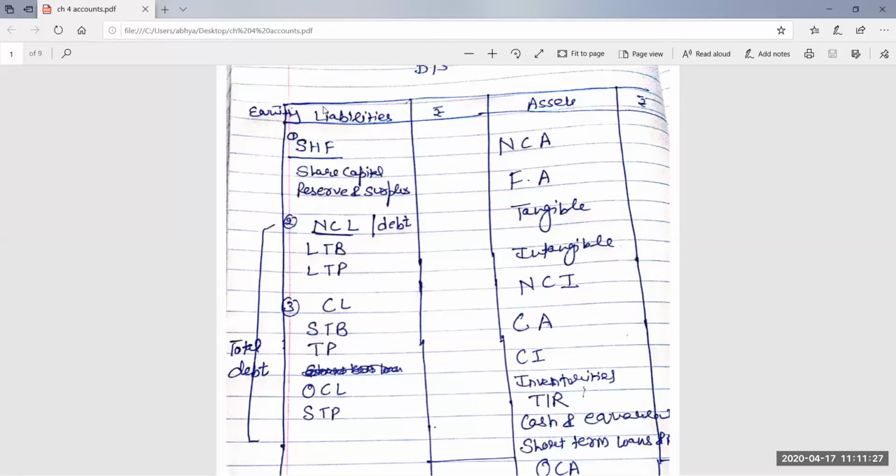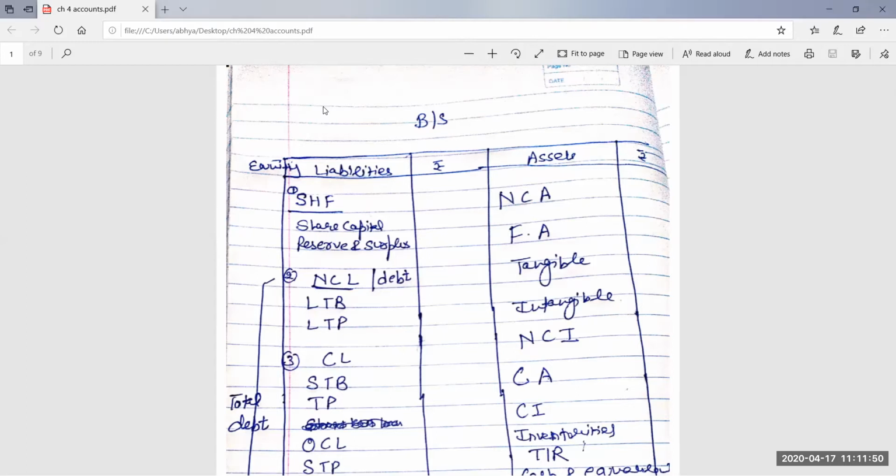Out of those 4 we started with the liquidity ratios. I told you that liquidity ratios are the ratios which help us find out whether the business is able to pay its current liabilities on time or not. Liquidity position means cash availability of the business. I told you the current ratio only yesterday. We did 1 or 2 examples of current ratio. Current ratio is equal to current assets upon current liabilities, and we discussed how to find out current assets and current liabilities.